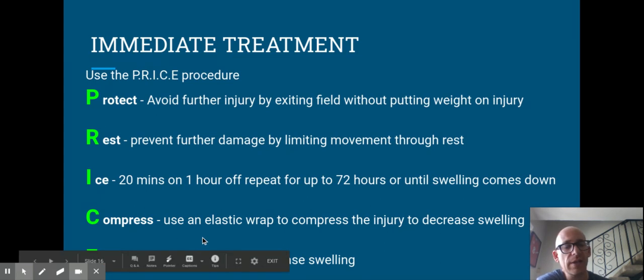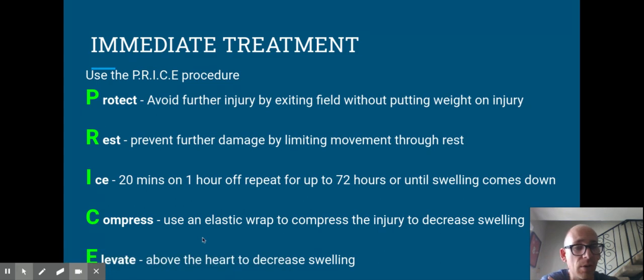Compress, so you can use an elastic wrap to wrap around. This isn't a support, this is not a tape job, so you're not taping them up to go back out. You're putting an elastic wrap around it to compress the injury to try and decrease the amount of swelling. And then elevate, so lift the injury above the level of the heart to again decrease swelling by slowing blood